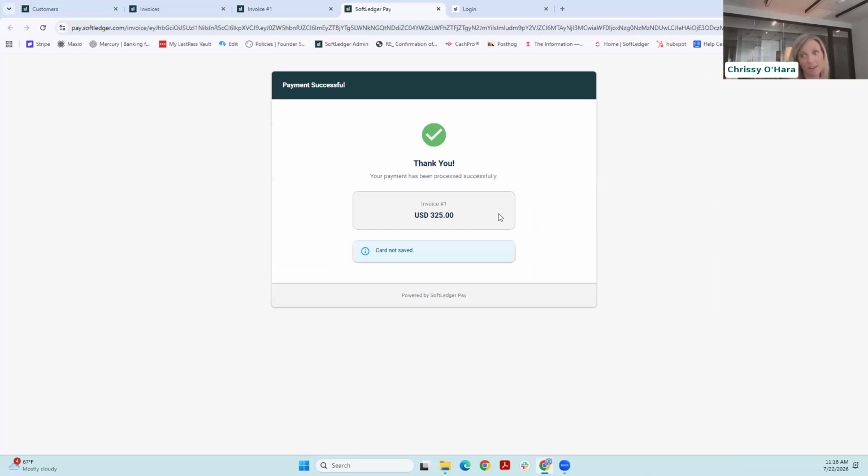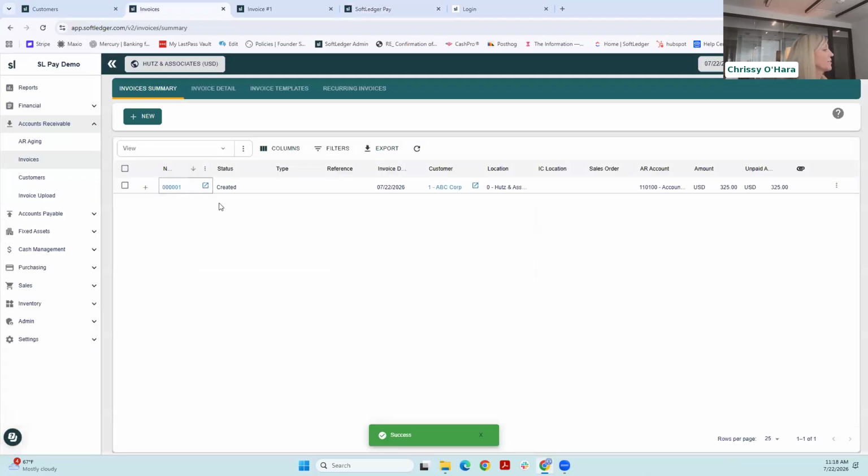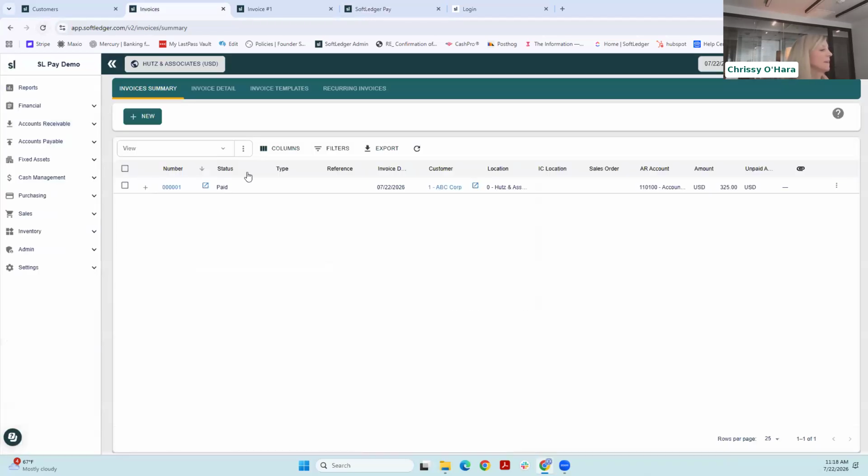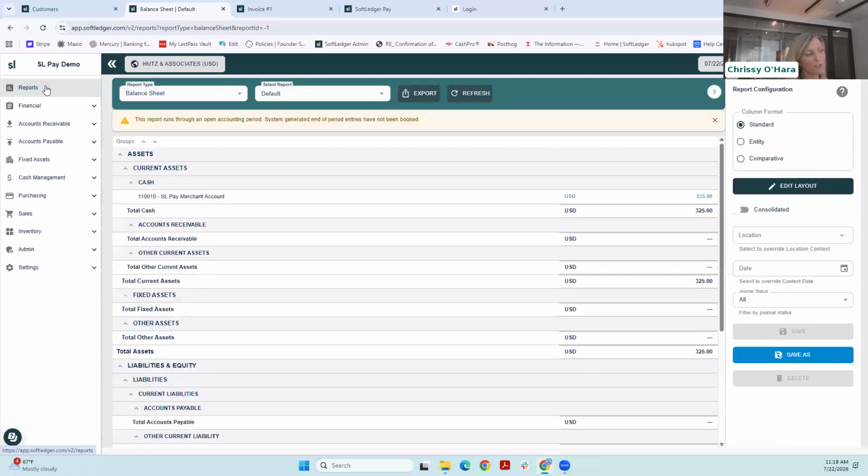And there you go. So it's paid here. Now, when we go back into our invoices, let's do a refresh. And there you go, paid there. So perfect. We can go to the reports too, and you can see there's that SL Pay merchant account that I set up to record all my deposits in. Accounts receivable properly has been credited. And so we're all ready to go. And so now I'll show you on the